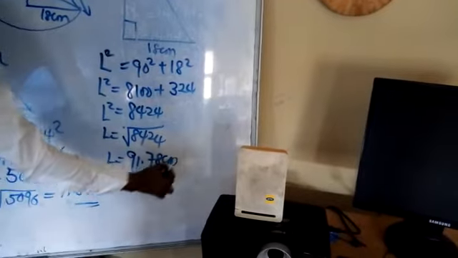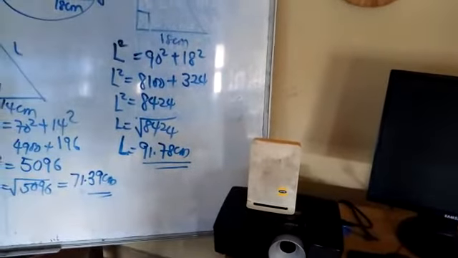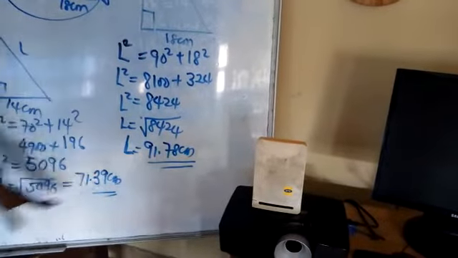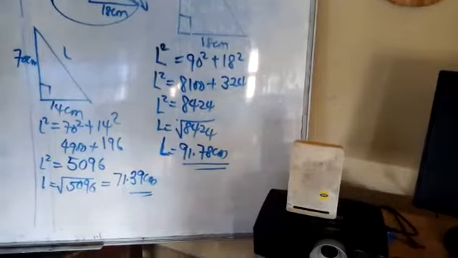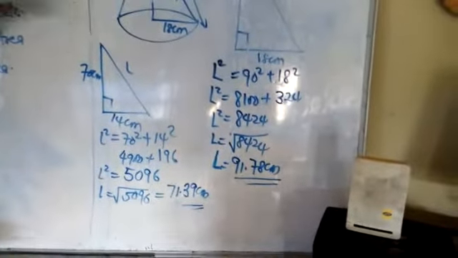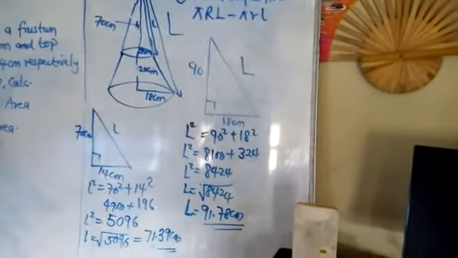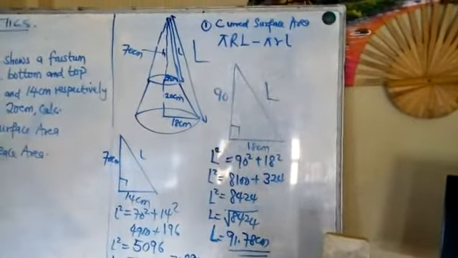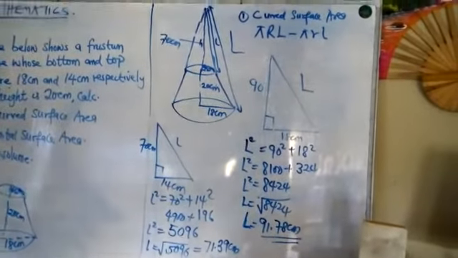91.78 centimeters. So this becomes big L. This is our value for big L. This is the value of small l. Now we have succeeded in evaluating the value of small h, big H, small l, and big L. Now that we have resolved all these parameters, it's just for us to plug in our values.